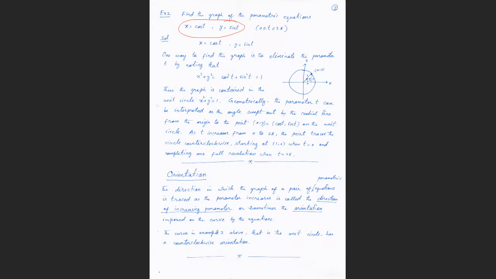This example is clear. What we have to do is just take the square of both parametric equations and sum them, and we get the circle equation. From this equation we can see that the center is (0, 0) with radius 1. So draw the circle, and the trajectory is anti-clockwise because t goes from 0 to 2 pi. So this is 0, this is pi by 2, this is pi, this is 3 pi by 2, and this is 2 pi. So this example is also clear, yes or no?